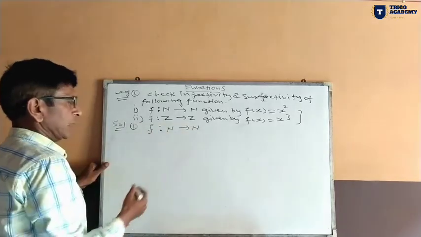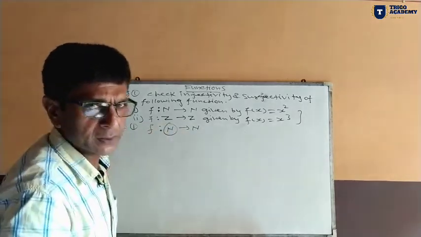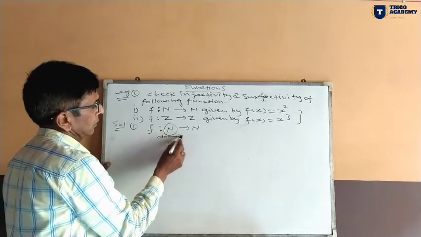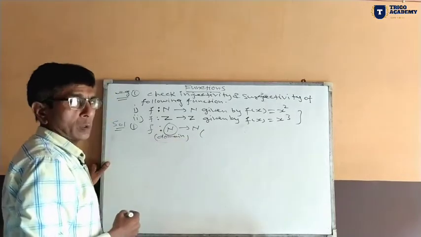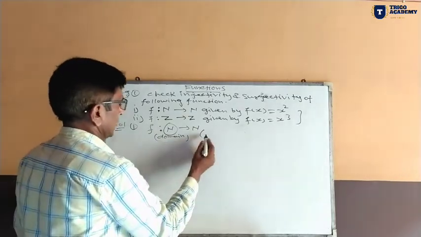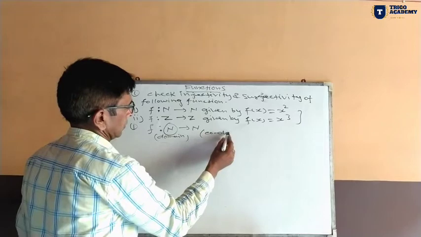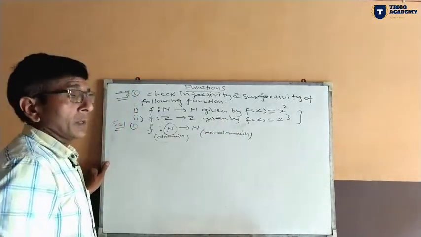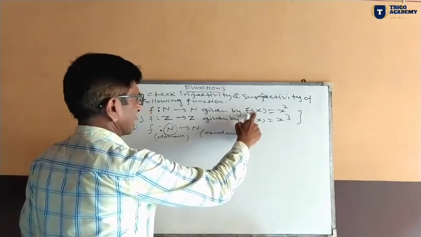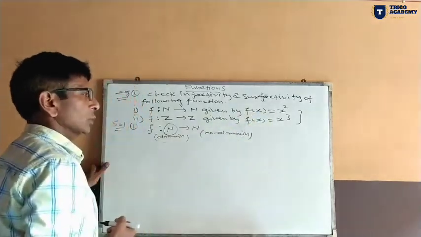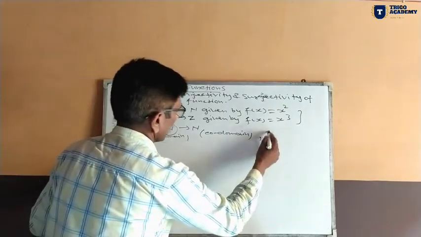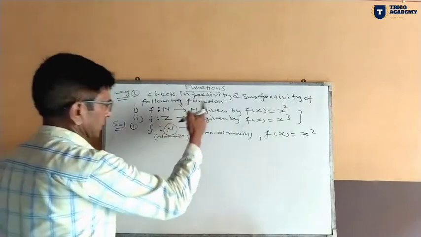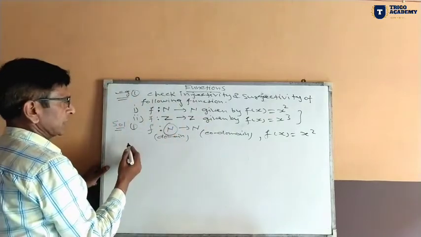Natural to natural means the domain of the function is natural numbers and the codomain is also natural numbers. The function is defined through this condition, f(x) equal x square. First, for injectivity,